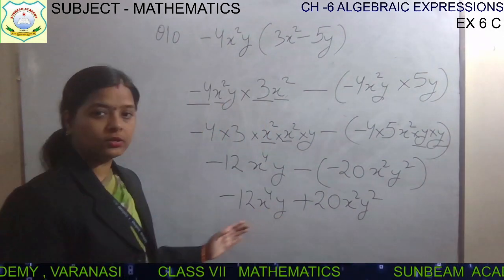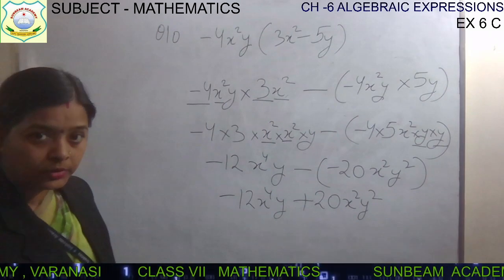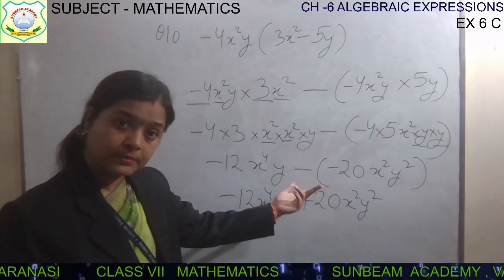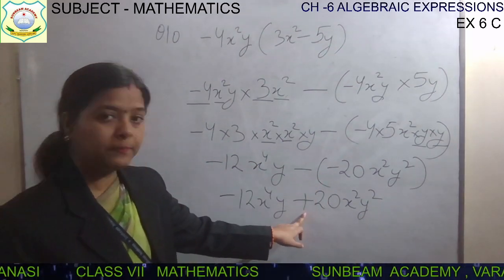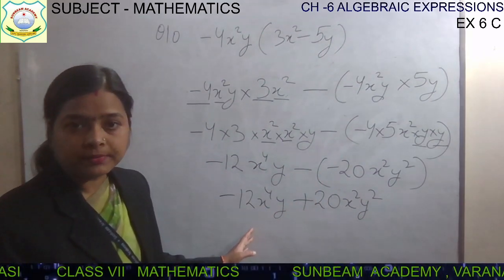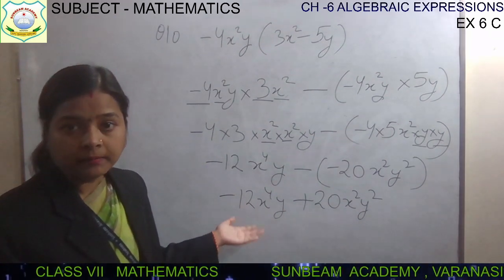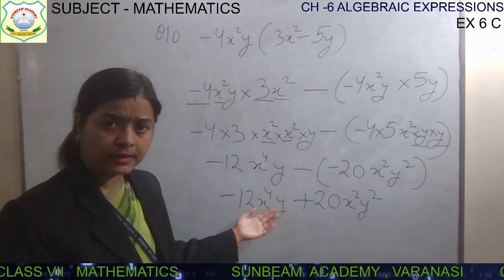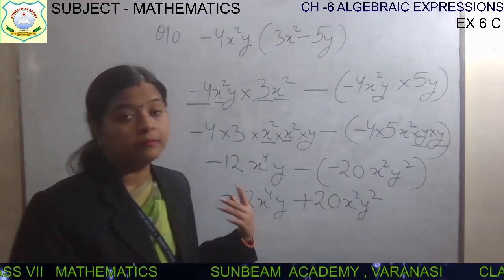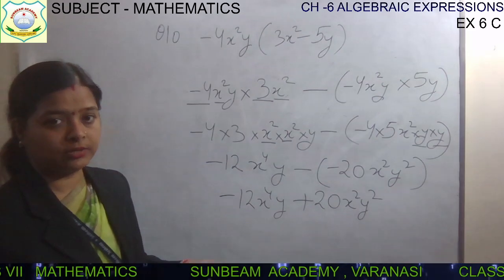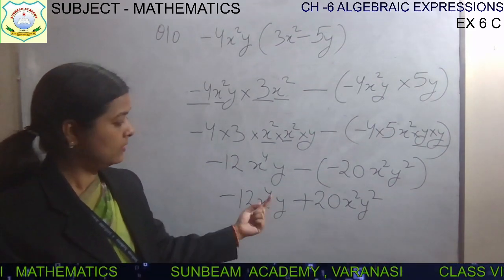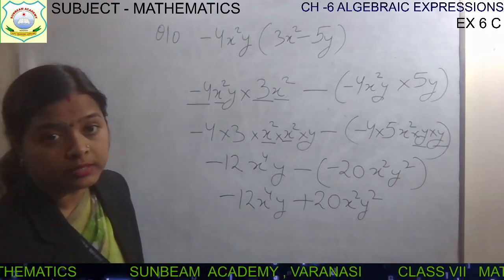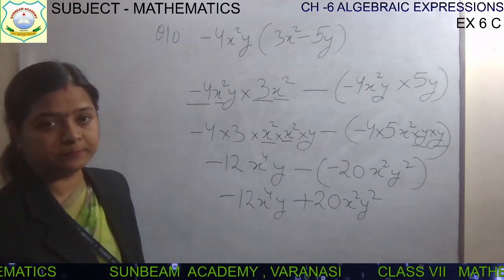Children, can we add or subtract them? Come on. No. This minus and minus will become plus now. It's multiplication. Bracket means multiplication. Minus will become plus here. Now can we add and subtract them? No, children. Why? Because they are unlike terms. Variables are there, x is there, y is there, here also x is there, y is there, but their power is not matching. Their power is not the same. x to the power 4, while here it is x square. So yes, they are unlike, and we will not add and subtract them.